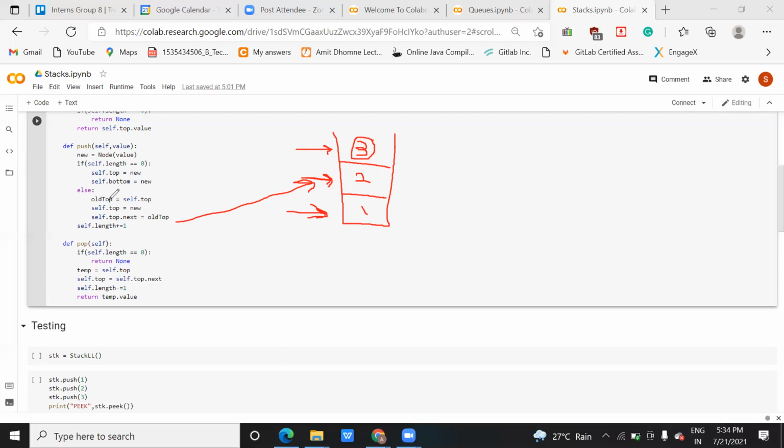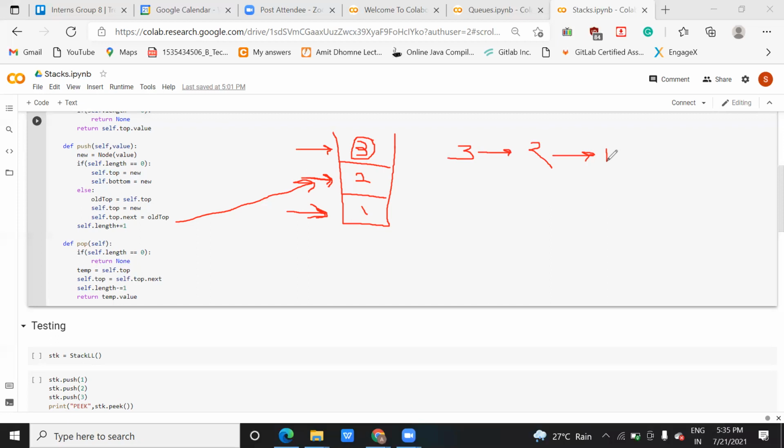Obviously self dot top dot next, because we need this when you convert this into an array or queue. At that time this next pointer will help you: 3, then after 3 what is next? 2, right? After 2 what is next? 1, right? Like this it helps. So we need to maintain the relation between all the data.